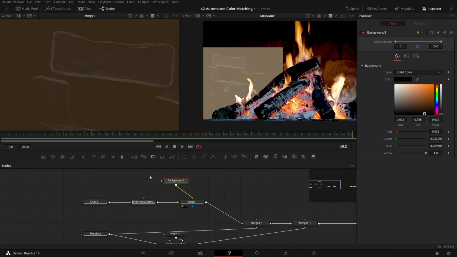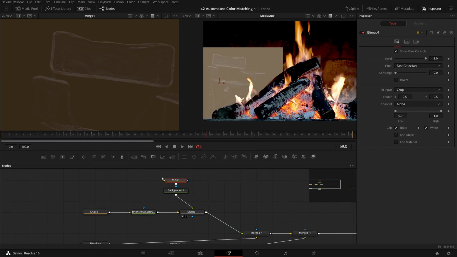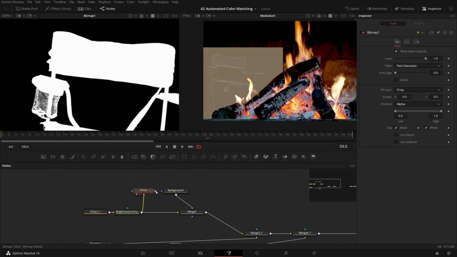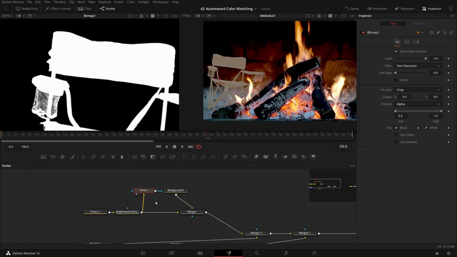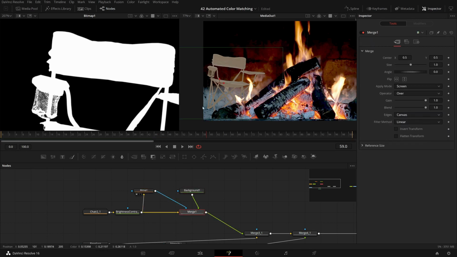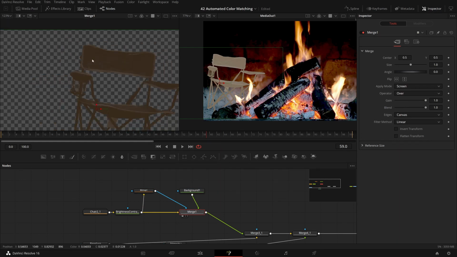I should mask this off, so let me add a bitmap node to get a mask out of my original image. I will take my original image, which has the mask in the alpha channel. The bitmap converts this into a mask, which I can now use to mask off my merge or my background, it doesn't matter at all. So this way or this way, whatever you like. Now I'm merging this off, and I have my superimposed background and can now adjust this in.